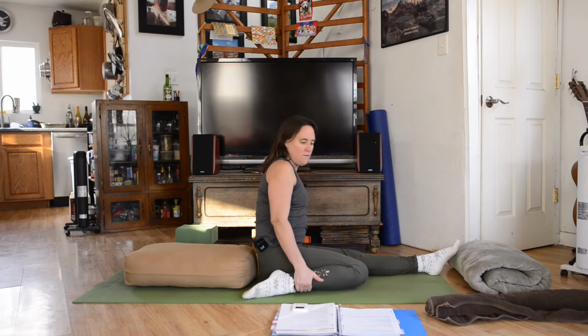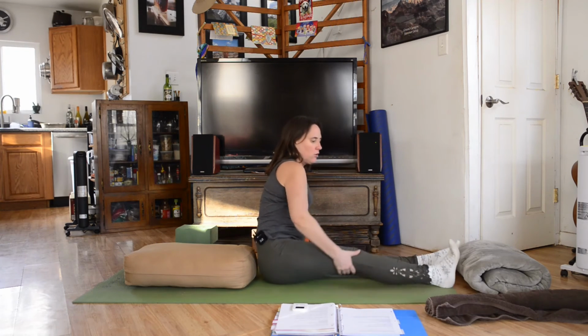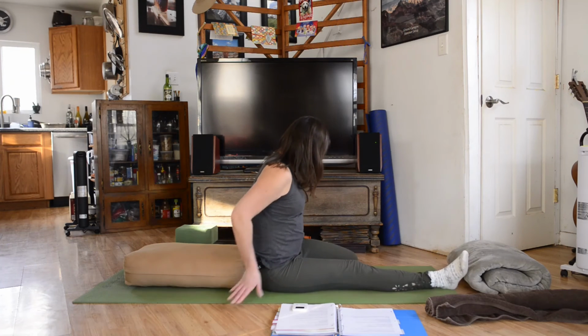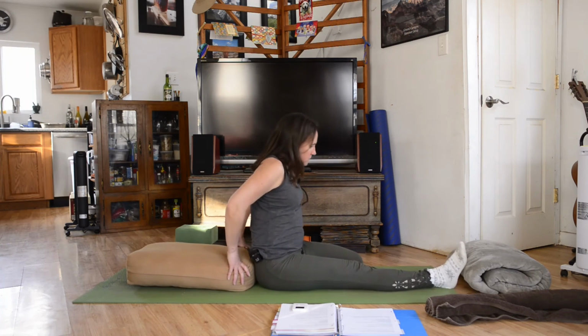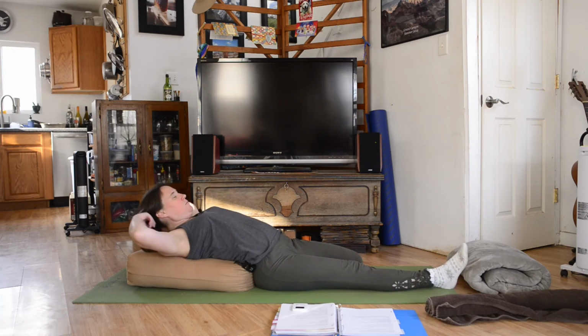Now, if you have your legs straight out, I should have said that before, sorry. Go ahead and stay in that pose. If you have one leg bent, then you're going to switch to the other one. So rock over onto your right hip and now bend that left knee back behind you. So again, if you had straight legs out, stay in that pose. You're going to stay there for the rest of the time. Otherwise, go ahead and lean back onto your bolster